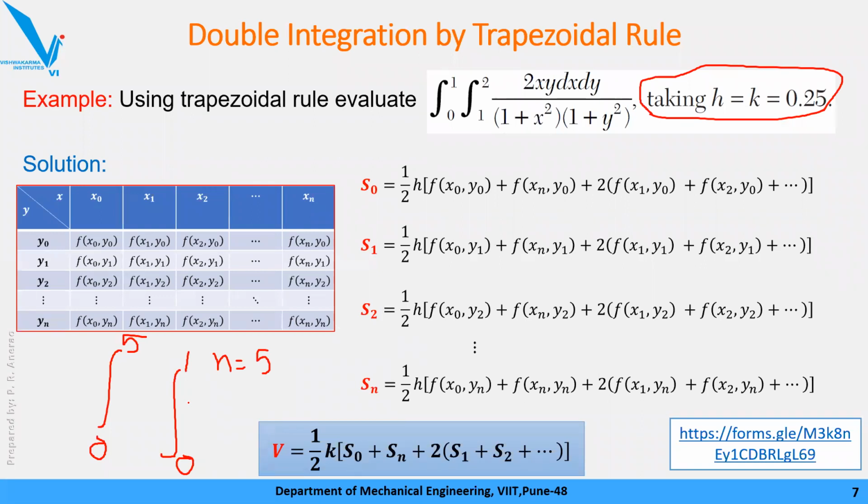Assume as per your convenience, but generally take at least 4, 5, 6 number of strips. ऐसे मत करो कि सिर्फ एक ही स्ट्रिप लोगे, बहुत ही अप्रोक्सीमेशन ज्यादा हो जाएगा, error will be too much. More number of strips, meaning more number of n or m, will give you better accuracy. जितने ज्यादा टुकड़े करोगे, जितने ज्यादा पीसेस करोगे, उतना बेटर एक्यूरेसी मिलेगा.